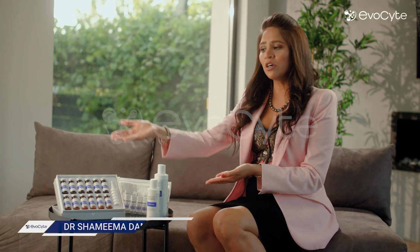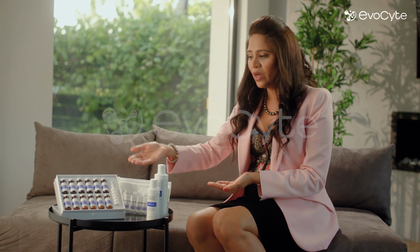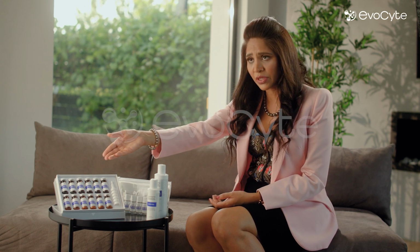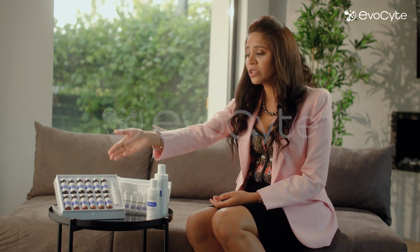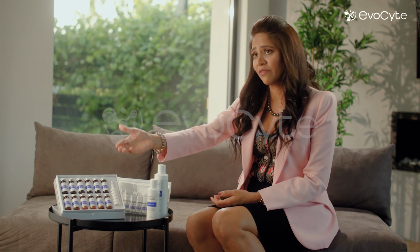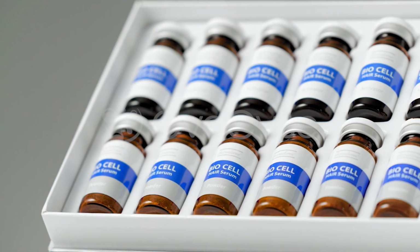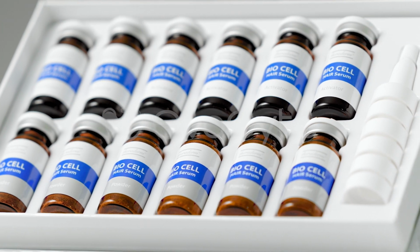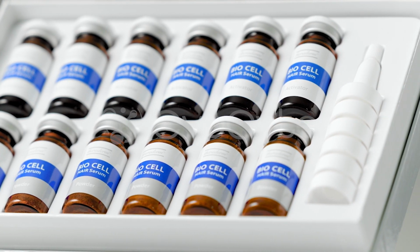Patients presenting with male and female pattern hair loss to the clinic, we now have a comprehensive solution for you. The first step is the BioCell hair serum for in-clinic use. This is one of the most potent stem cell therapies that has been the number one selling in Asia for the last 8 years. We reconstitute the activator with the powder, and once we have the reconstituted product, it's ready